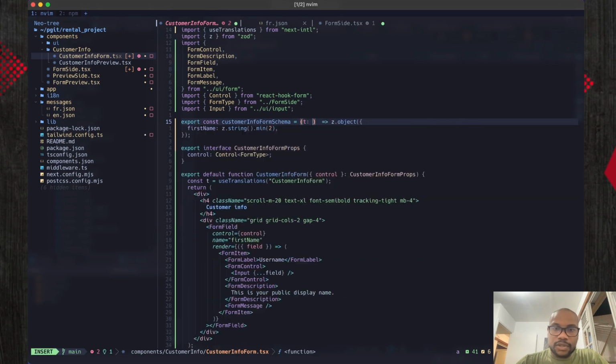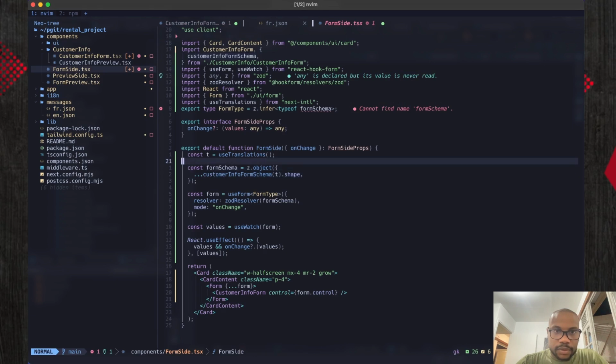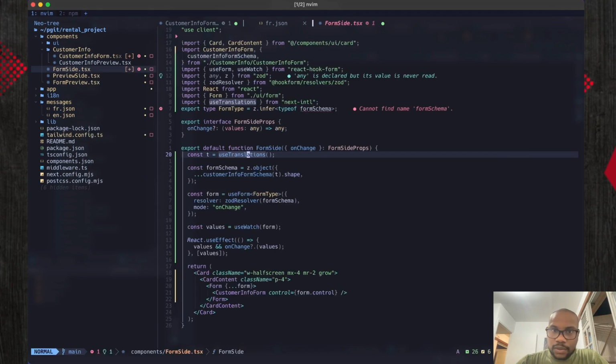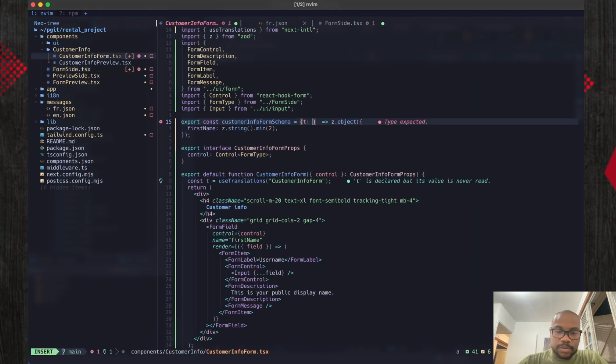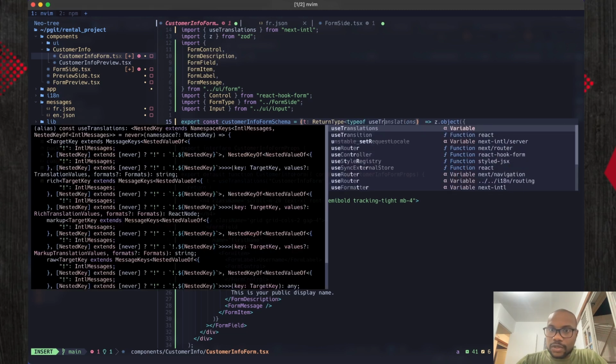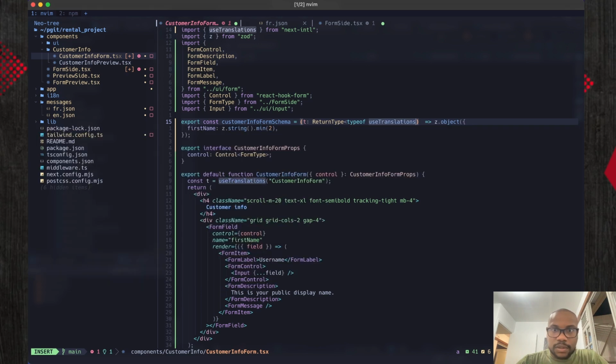And T, of course, is going to be from, let's check the type. What is the type? useTranslations. Okay, we can just type it out. ReturnType of useTranslations from next-intl. Okay,